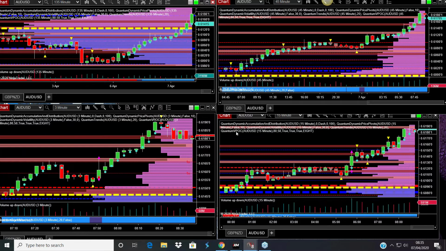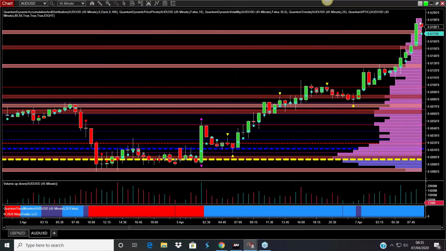Then we go right down to the chart that I have here, the 3, the 15, and as I said, the 45, if you have it. And that is the little reversal that we're seeing at the moment. 62, that's the kind of target, but I wanted a slightly more precise target in terms of support and resistance, which is why I had the 135 chart.